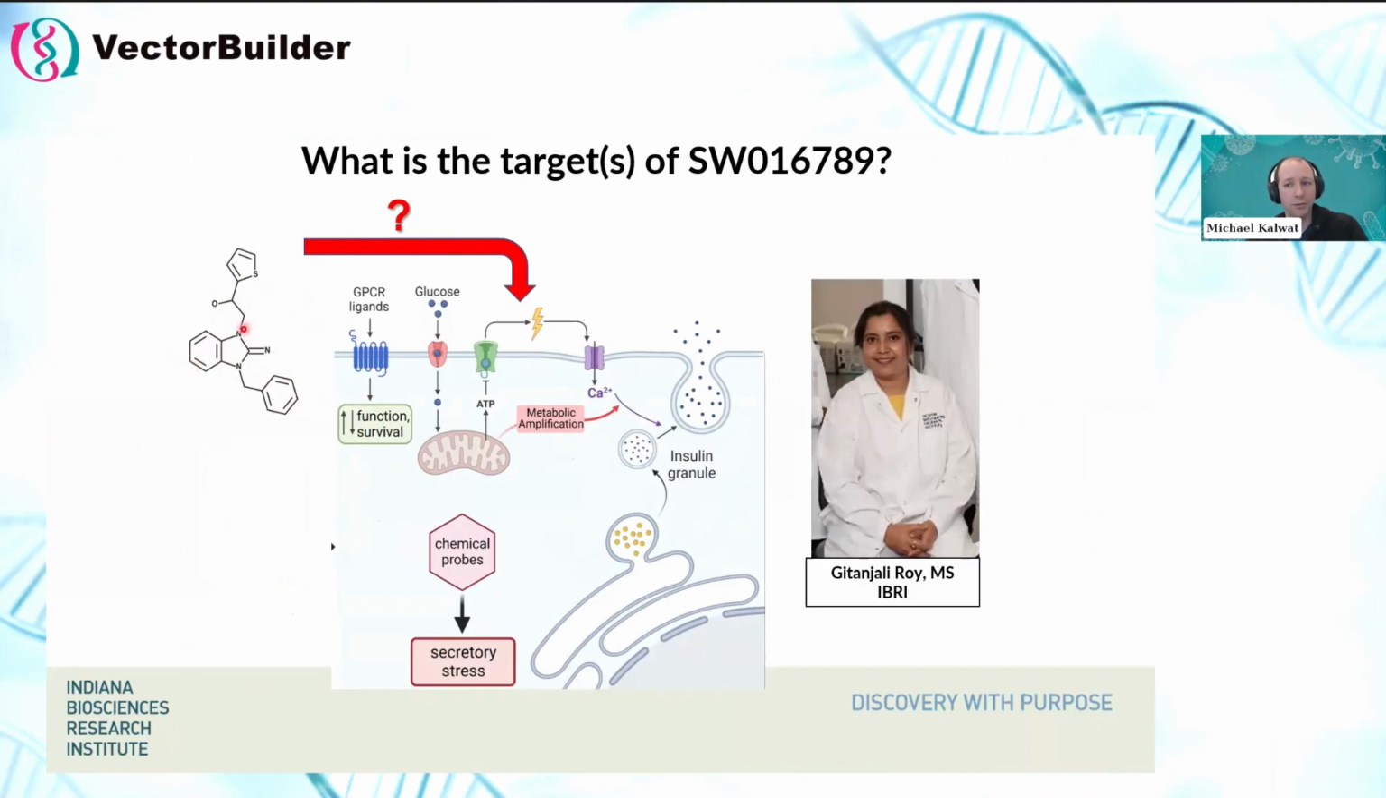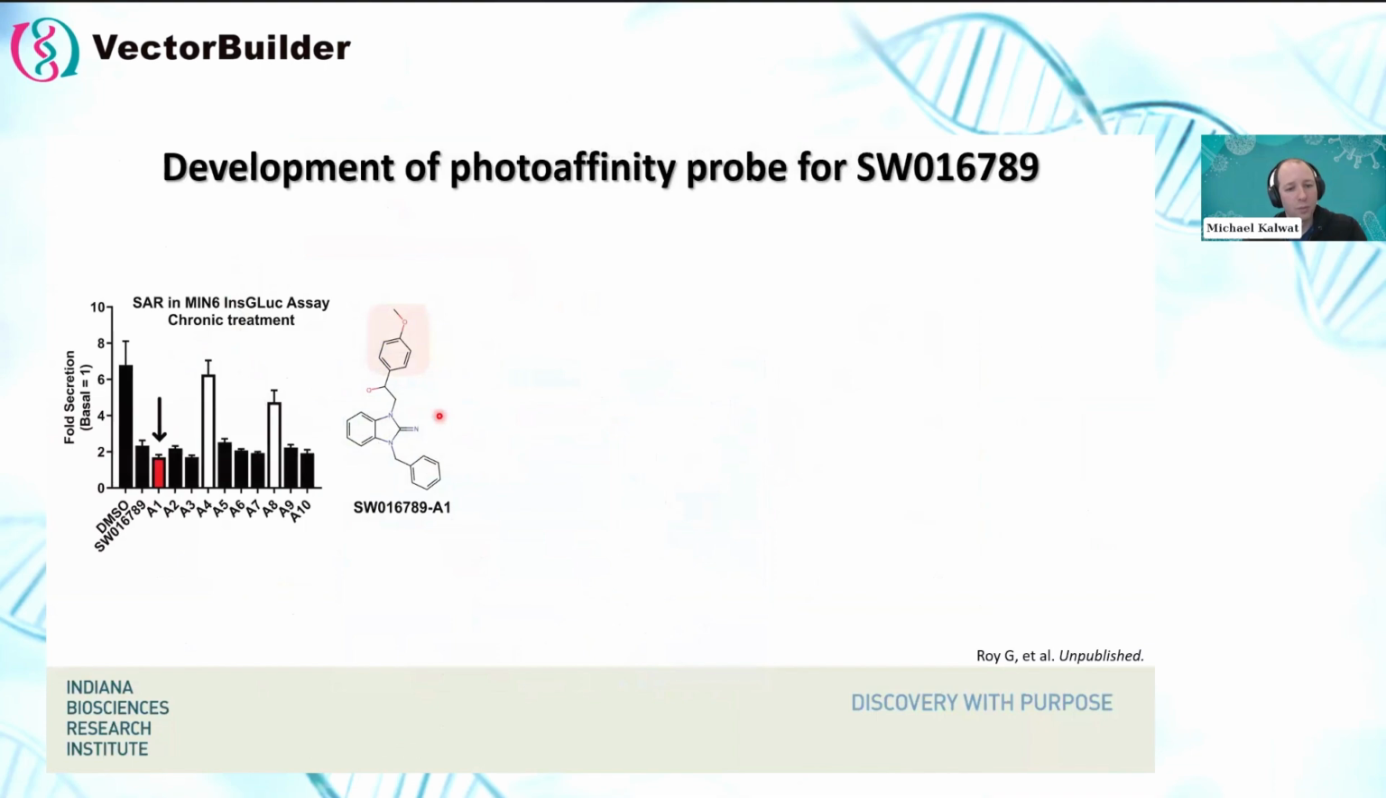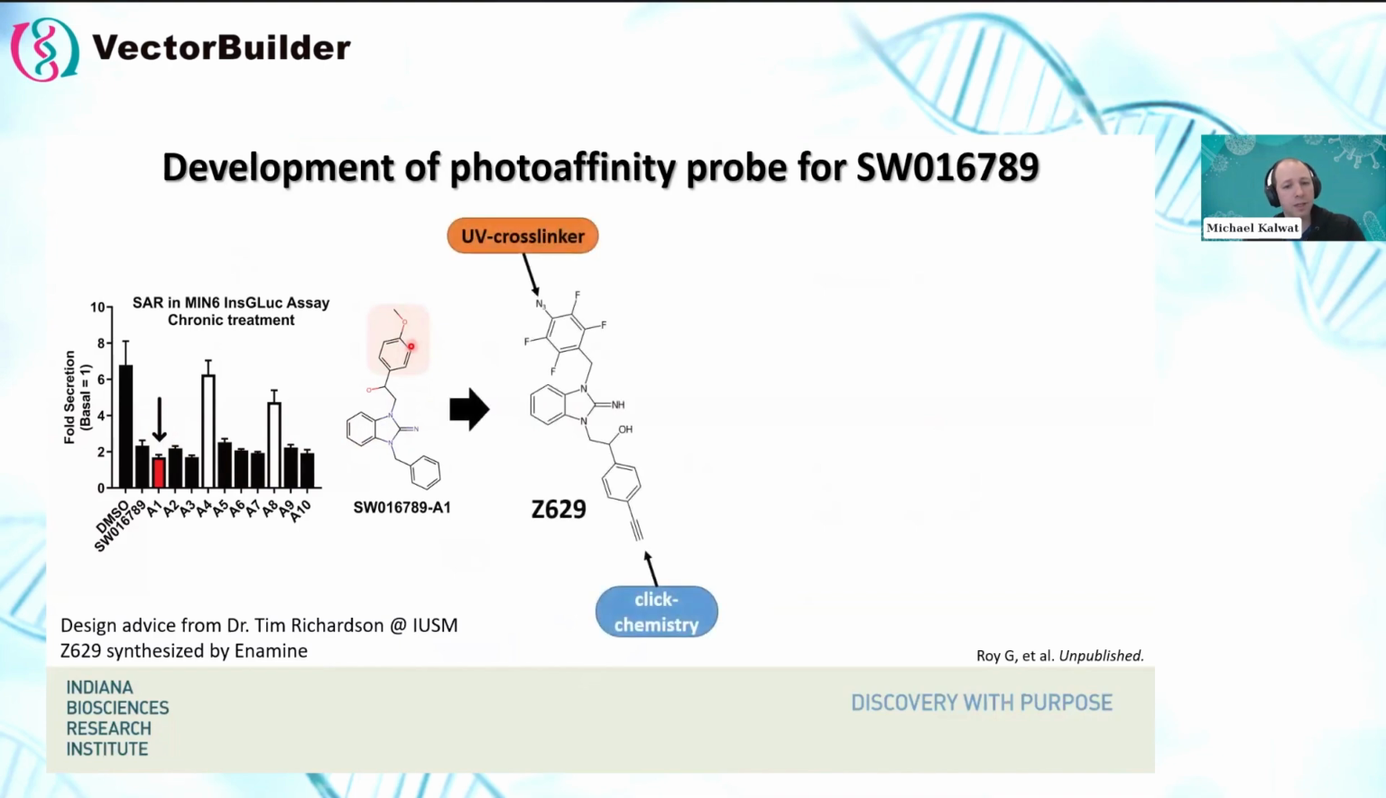And so we took a brute force approach to figuring this out. This was a lot of work done by Geetanjali Roy in my lab. We wanted to develop a probe that we would be able to use to identify the proteins that interact with this compound. We had limited knowledge of different structures related to this compound, and we honed in on a region that we thought was amenable to being modified without losing activity. That led to the development of this probe called Z629, which we designed with the help of Tim